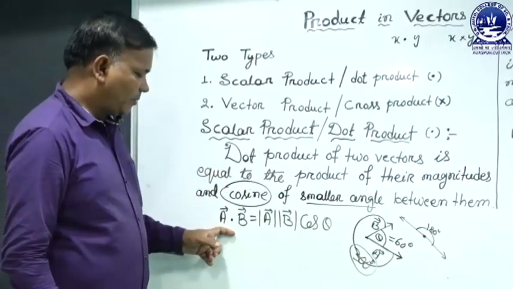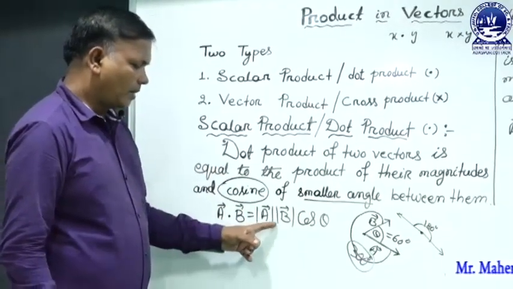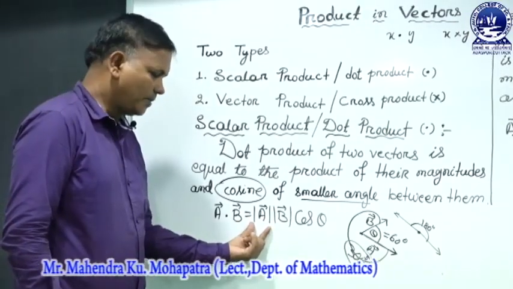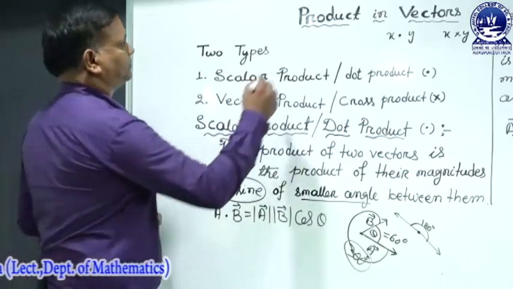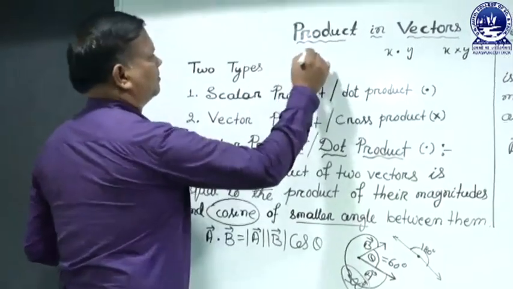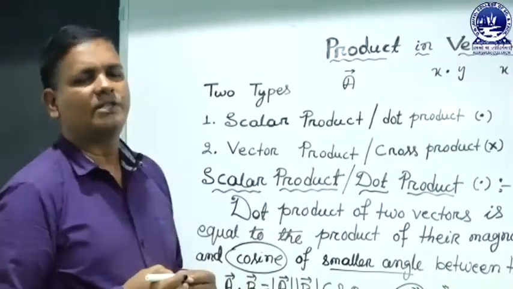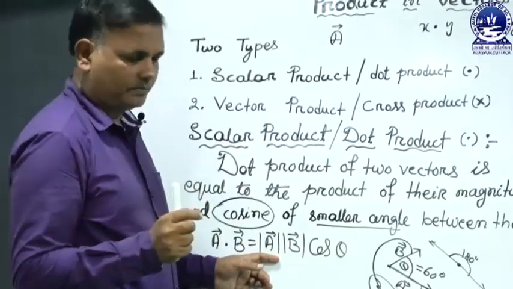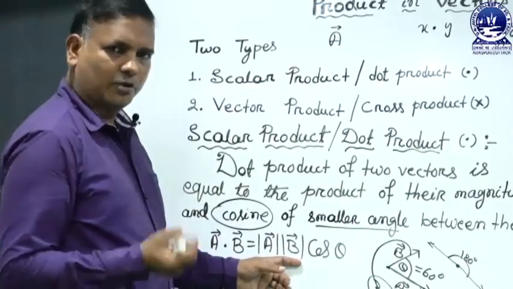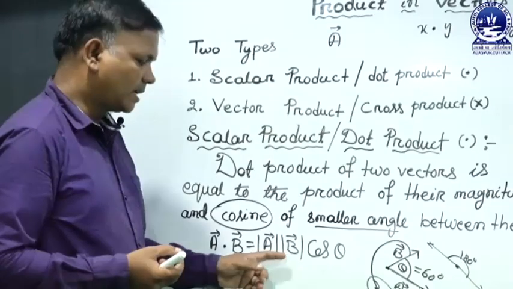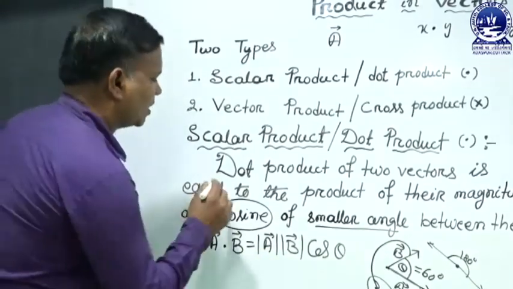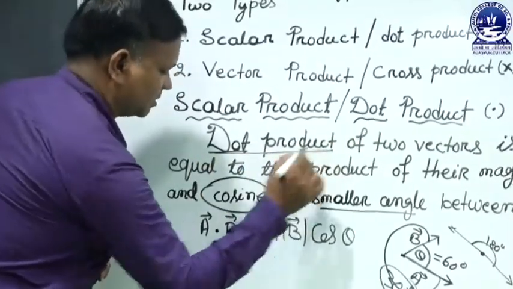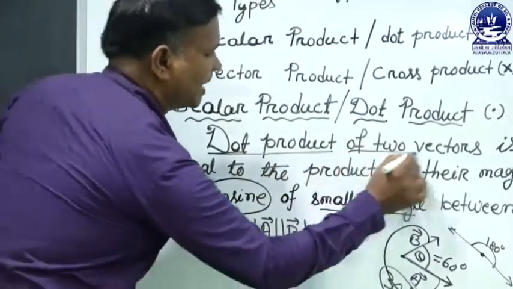So the formula of A dot B is equal to the product of their magnitudes. The magnitude of A is a scalar. A is a vector, and a vector has magnitude as well as direction, but the magnitude of A is always positive. The magnitude of B is also a number. These two are scalars. Dot means this is the dot product, the product of two vectors.